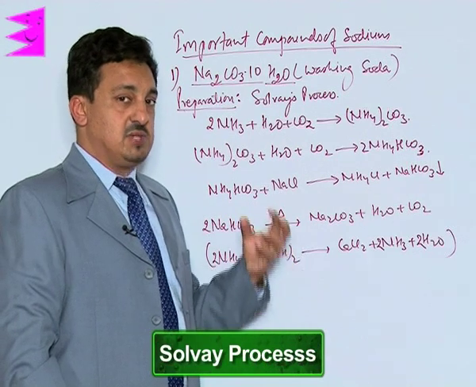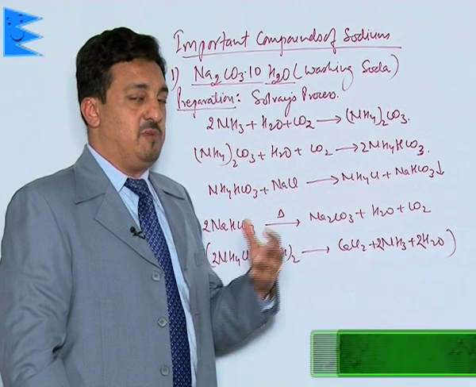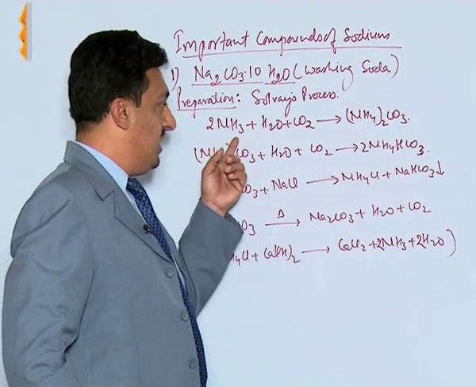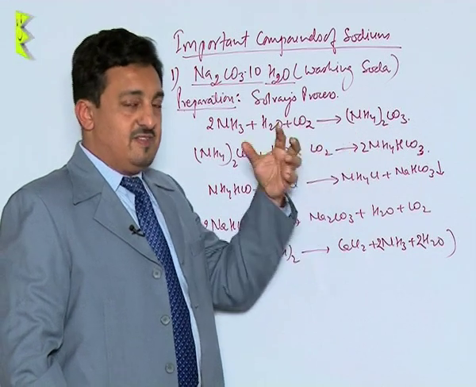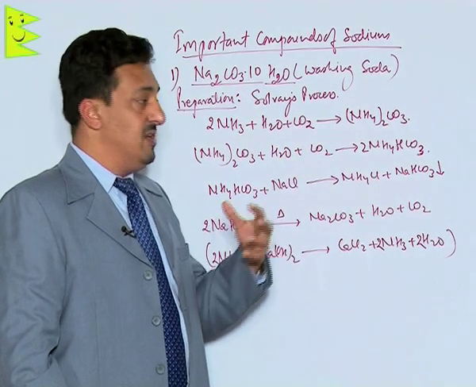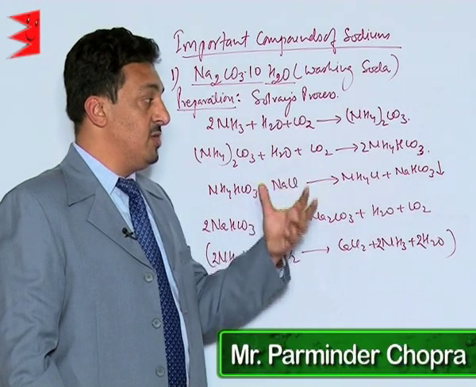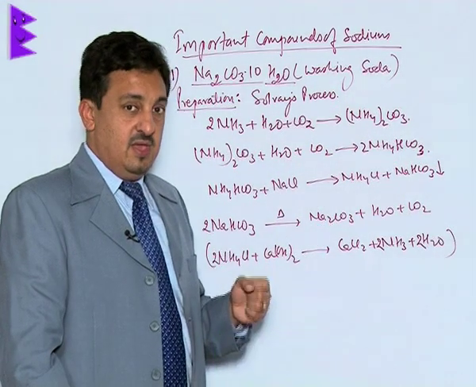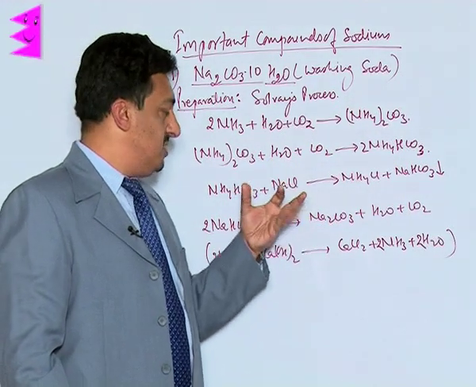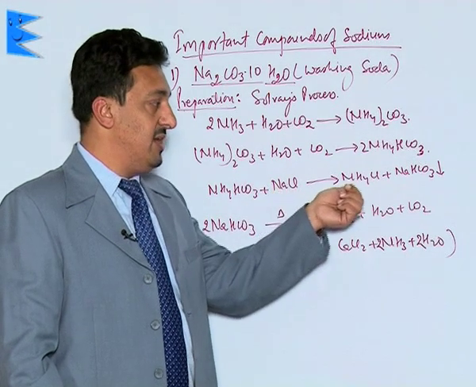In this, what is done is, we take an aqueous solution of ammonia. CO2 is passed through the aqueous solution of ammonia. This leads to the formation of ammonium carbonate. Now when CO2 is passed through this ammonium carbonate solution in excess, it leads to the formation of ammonium hydrogen carbonate or ammonium bicarbonate. Now this saturated solution of ammonium bicarbonate is treated with sodium chloride solution, which gives us ammonium chloride and sodium